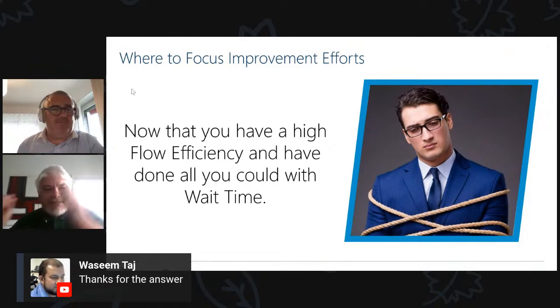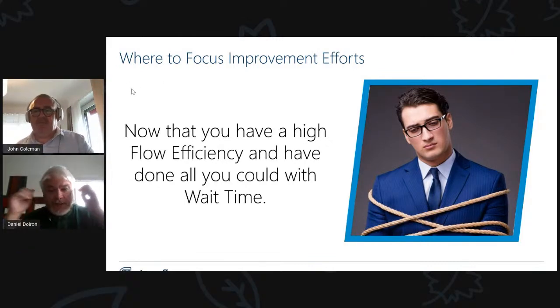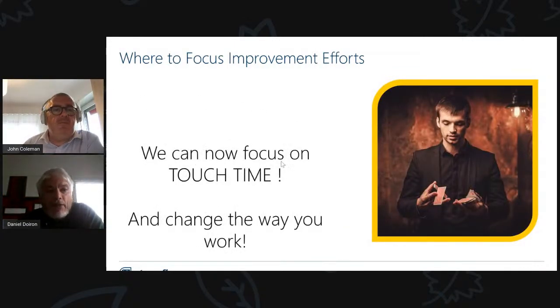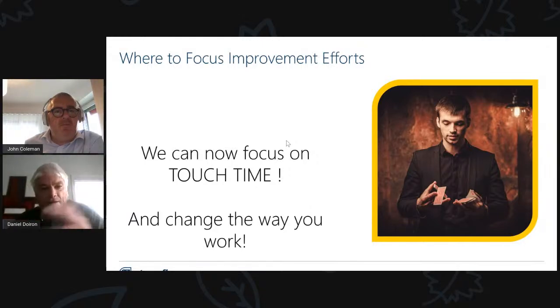Okay. So now basically that you've got high flow efficiency and that you've done everything that you could with wait time, it's now time to focus on touch time, finding the constraint and change the way you work. Now it's okay. But this is something that we're not going to see today because we're going to see the flow efficiency Kanban boards, okay? I'm just telling you, don't try to outsmart yourself and work on touch time if you don't have flow efficiency, and then if you don't know where your constraints are,